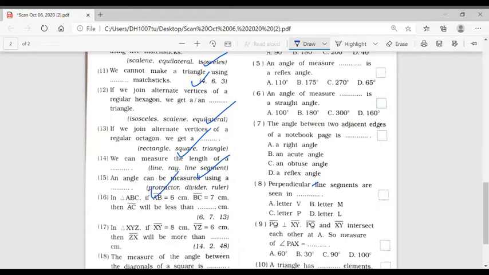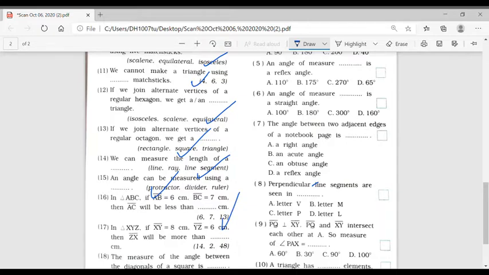That is, in simple language you are saying D. And question number 16, in triangle ABC, if AB is 6 and BC is 7, then AC will be less than dash. Obviously, the sum of two sides of a triangle is always greater than the third side. So you will add both the sides, 6 plus 7, that you will get 13, and the third side will always be less than 13. So the right option is 13 here.